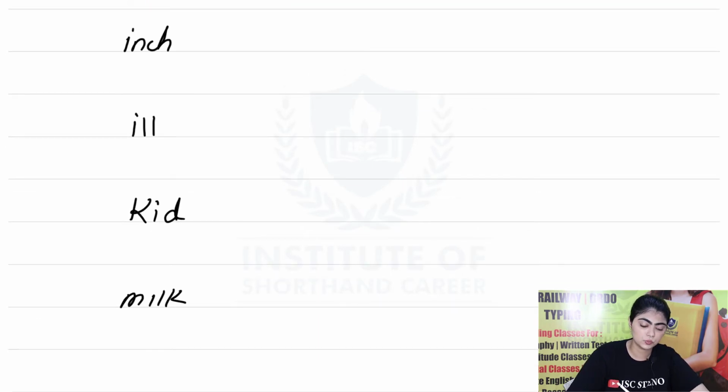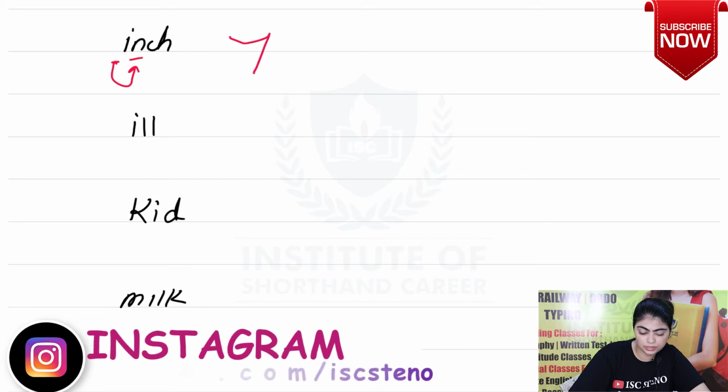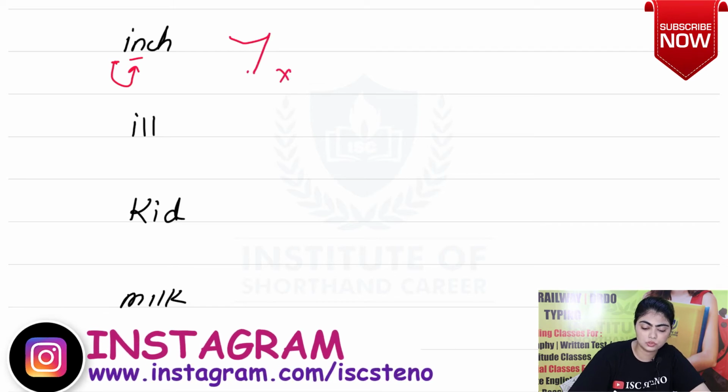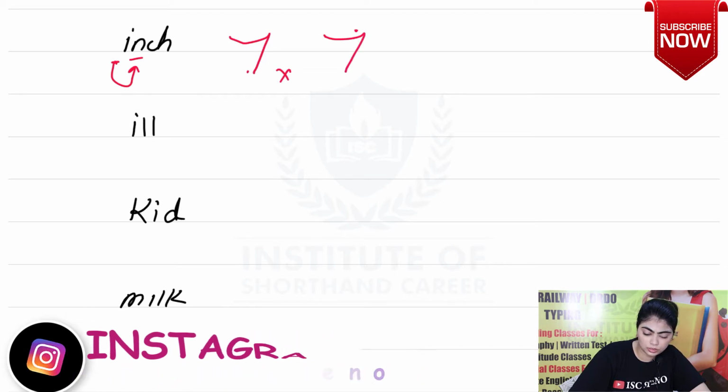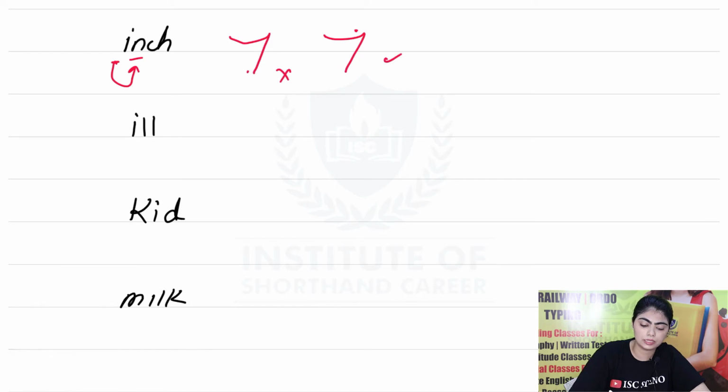Now let us see the next word, inch. In this word, you just have to see that I is before N, okay? It's before N. So you just have to make the I before N, not after N. Because most of the students make this mistake that they make the word like this. They make it like this. This is wrong, okay? It should be made like this. N and CH, I is on N third place, that means over here. This is inch. This is the correct one.